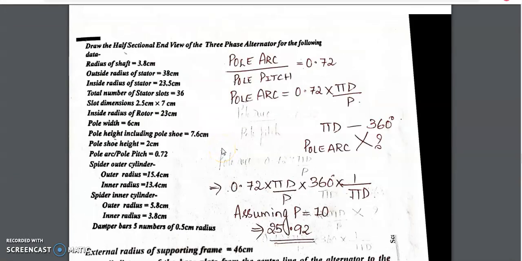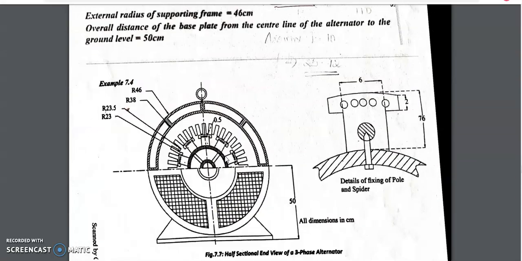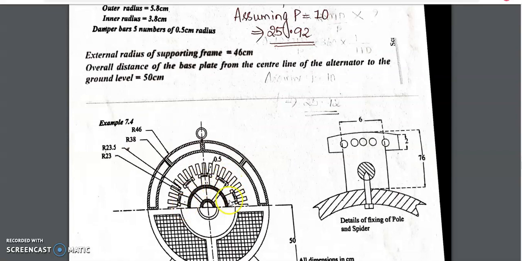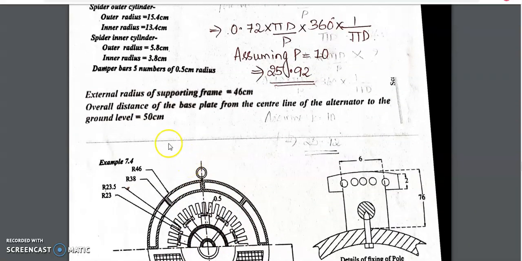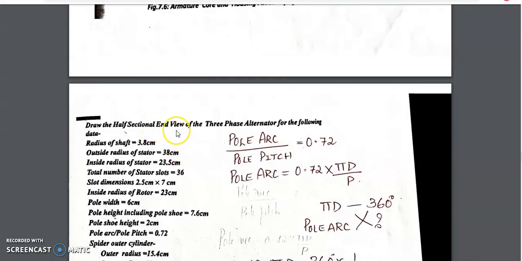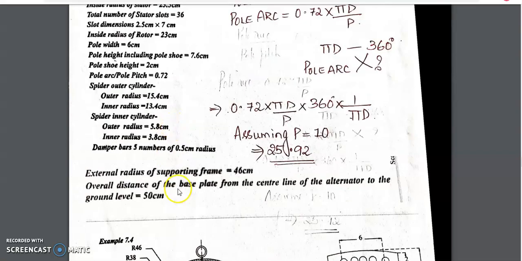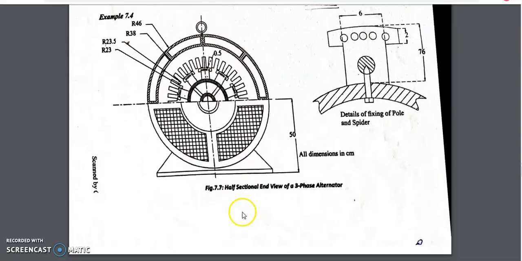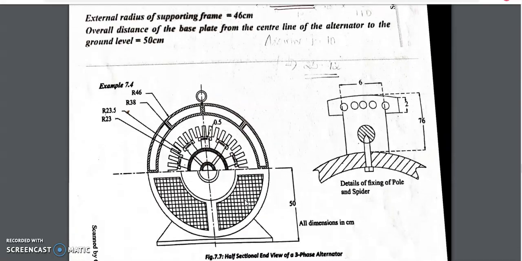So in the exam, one more thing, including stator and rotor: first I will do this inner rotor, then the stator. Here what they have shown is, they have mentioned end view, half sectional end view. So what you need to do is, first do it fully, then the axis line is there, right? From there take half, and you can use any random hatch pattern. That is one thing.